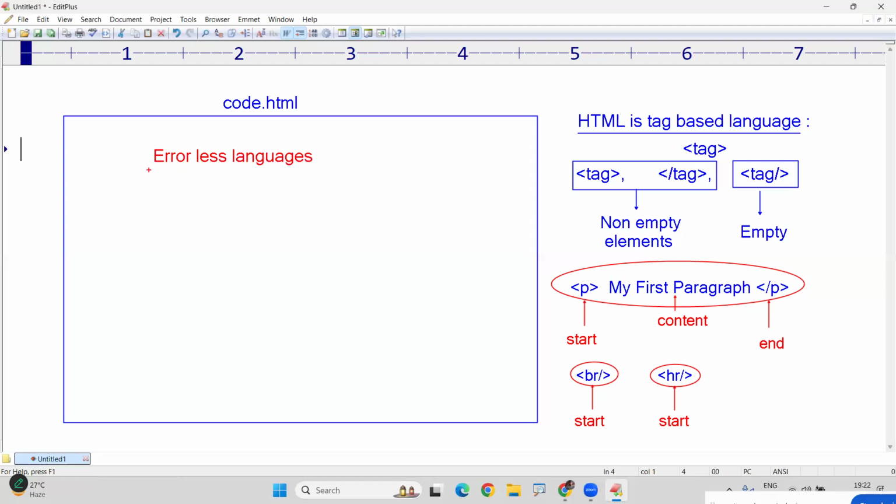Errorless languages means what? Even though you made a mistake, it will accept it. It will accept. But this creates a problem whenever you are writing thousands of lines of code,